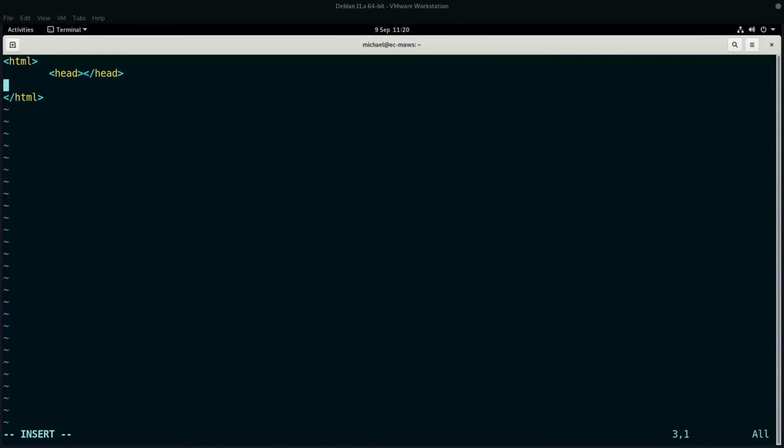Okay, and we'll open the body and we will close it. Now there are plugins you can have that would auto-complete this, but we're just going with total basic Vim here. Close body. So we've got a head and a body for our page. Now inside the head we can put the title, so let's do title, and we'll call it